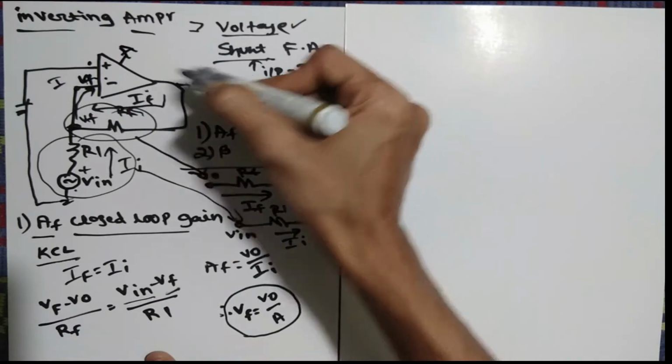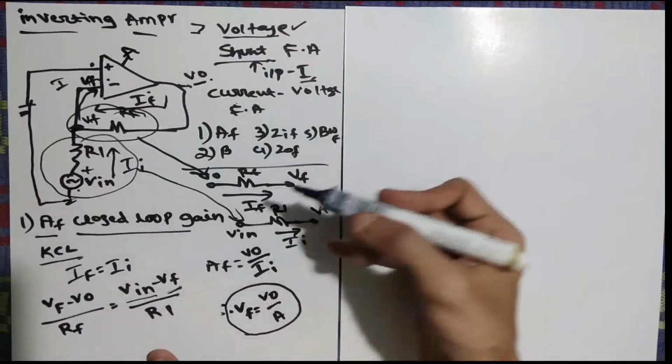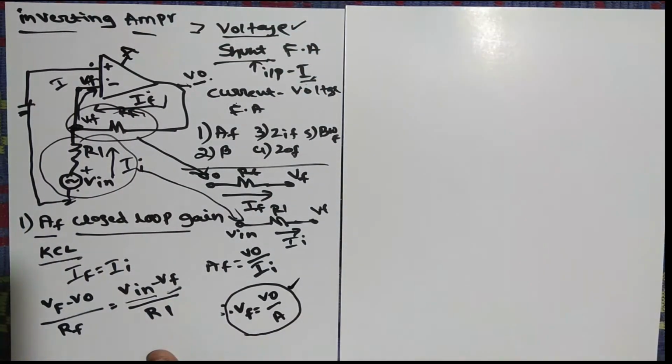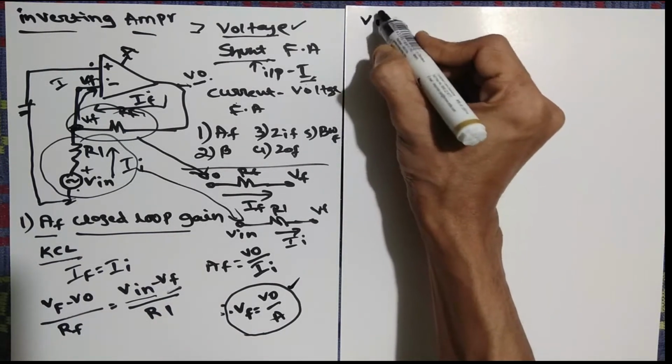So V0 usually I will get as VF into A. So VF we usually take the opposite of that, so V0 divided by A. So we will get this answer. Apply to this one on both sides. So we will get something like V in